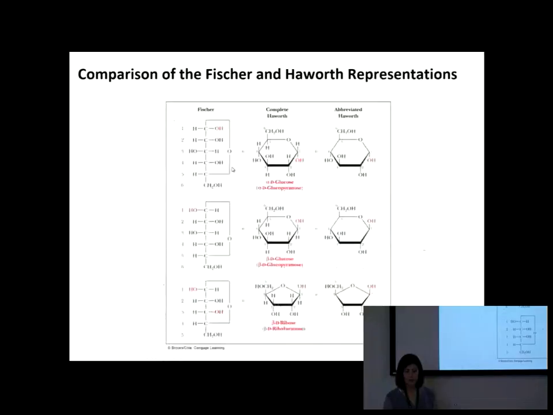Sorry, can you go back for a second? So you're saying we're always going to have D, but the alpha or beta is based on the OH on the first carbon? The biologically active form of glucose is D-glucose. So from now on, all we're going to see is D-glucose. And the way we know that it's D-glucose is we're going to write